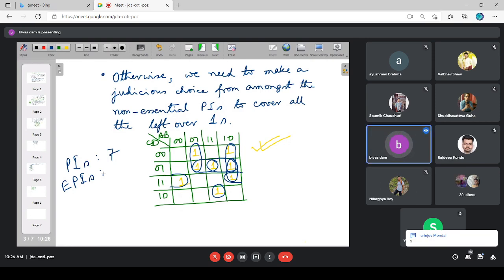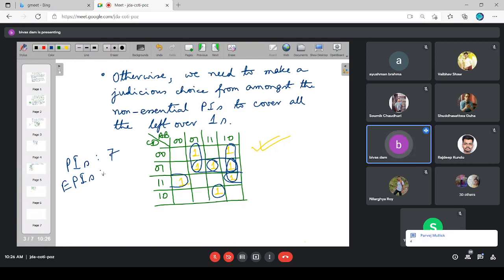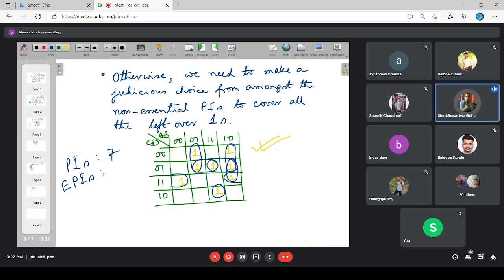Sir, how many did you say? 7, sir. No. That's awfully wrong. What do you mean by essential PI? Yeah, Sudha, give me the definition. Sir, essential PIs are the PIs which contain at least one 1 that is not covered by any other PI. So how are you finding out that there are 7 such PIs? Sir, each of these PIs is exclusive in itself. No one PI contains 2 of the same members. So all of them are essential. In that case, you didn't understand the PI definition itself.